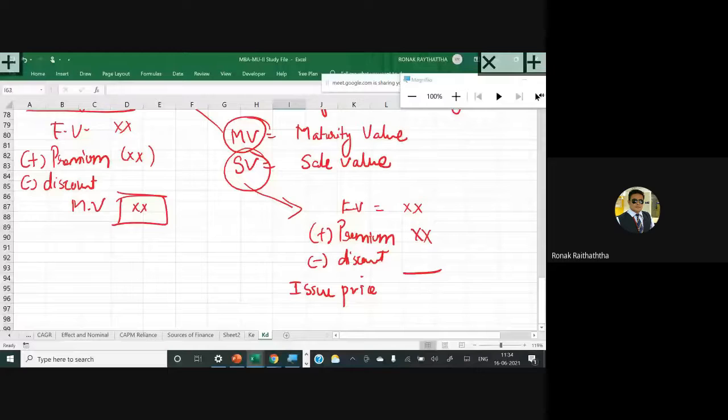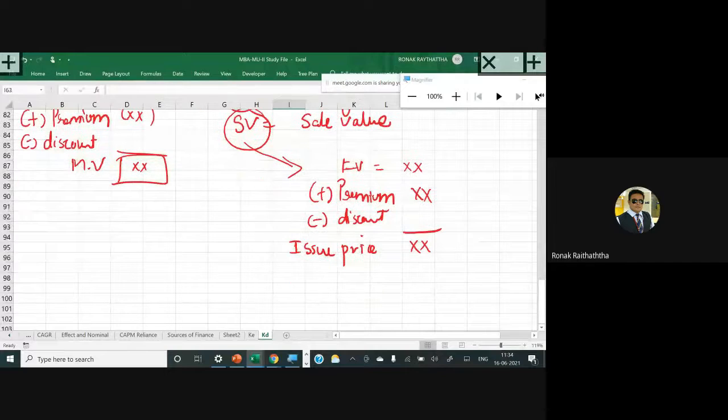Now sir, our story is incomplete here, the story doesn't stop here, it goes further. Sir, how does it go further? Because when these debentures are issued, they also involve some flotation cost. This is not the sell value you get. This is not the exact money you get. Issue price is not the money you get. Over and above, some expenses are incurred.